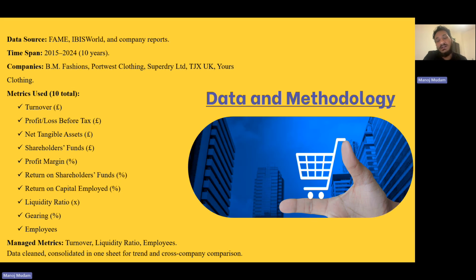Out of this, there are control measures, specifically liquidity ratio and employees, that are directly affected by the actions and profitability data. Reasonable assumptions keep the data comparable and integrated to support analysis across companies and time series, which allows making expected conclusions about performance in the UK clothing industry. And going to the next slide,